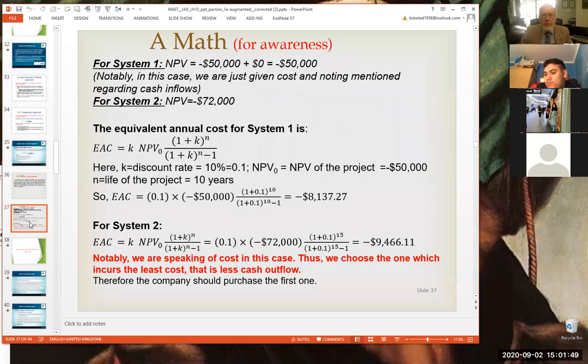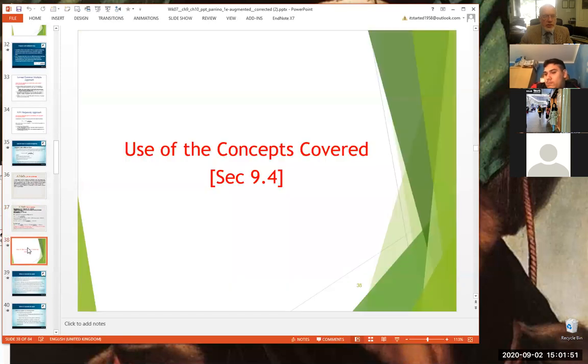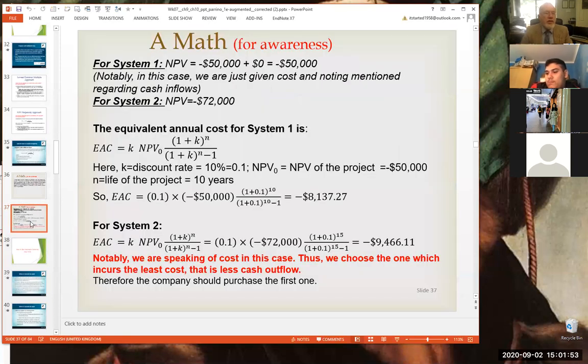Awareness. The last one I'll just do is actually not in the slides, oddly enough, a thing called the annual equivalent NPV. The annual equivalent NPV is simply dividing the NPV by the number of years it takes to realize it. And that's a nice way of producing an index that is able to deal with projects of different lives.